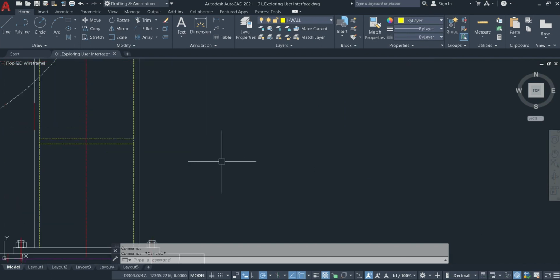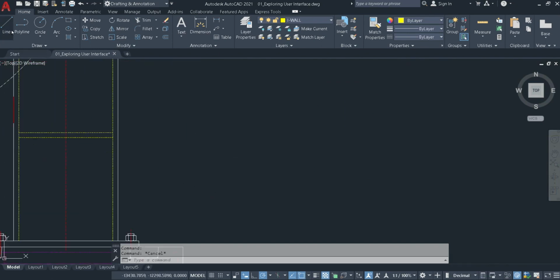Now I'm going to zoom in nice and close like that, and I want to draw either a line or a polyline to perhaps expand this way to create a new line here. I go to the line command here, and that's on the Home tab on the Draw panel. And what I might do is utilize that endpoint there just for now and drag a line across. Now as soon as I right-click,